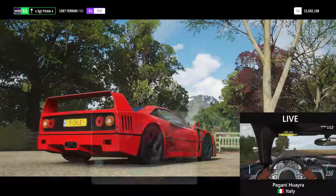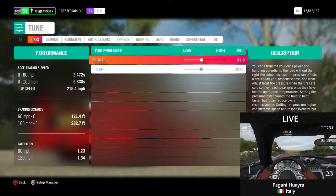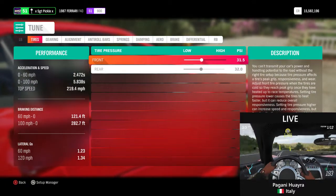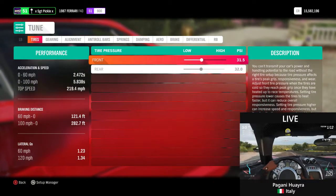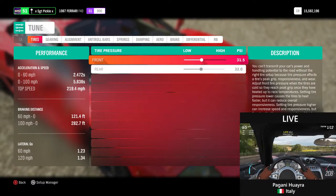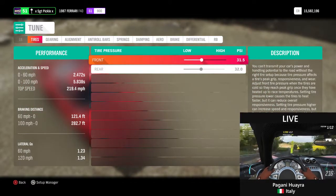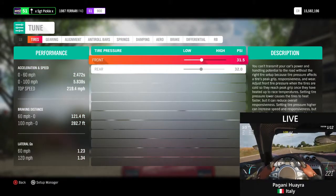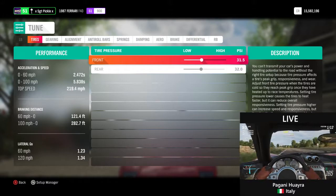Taking a look at the tuning numbers, you can see 2.4 and 5.8 for 0 to 60 and 0 to 100. Decently strong numbers there for sure, a bit above average for our competitors so far. A top speed of 219.4, certainly a strong number there, and a good number if it can reach it for our track here. And braking at 121 and 282 is perhaps a little bit weaker than some of our competitors,